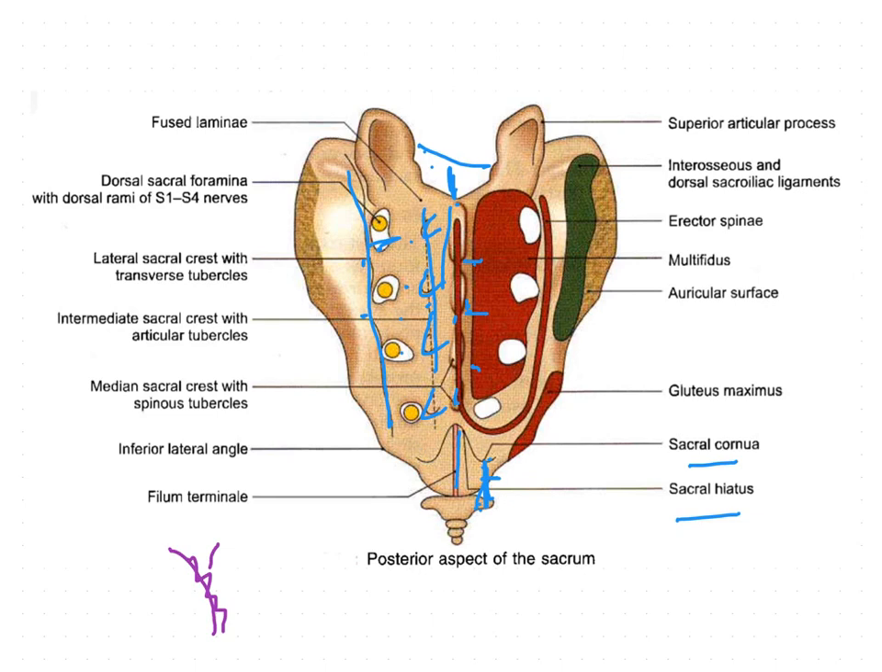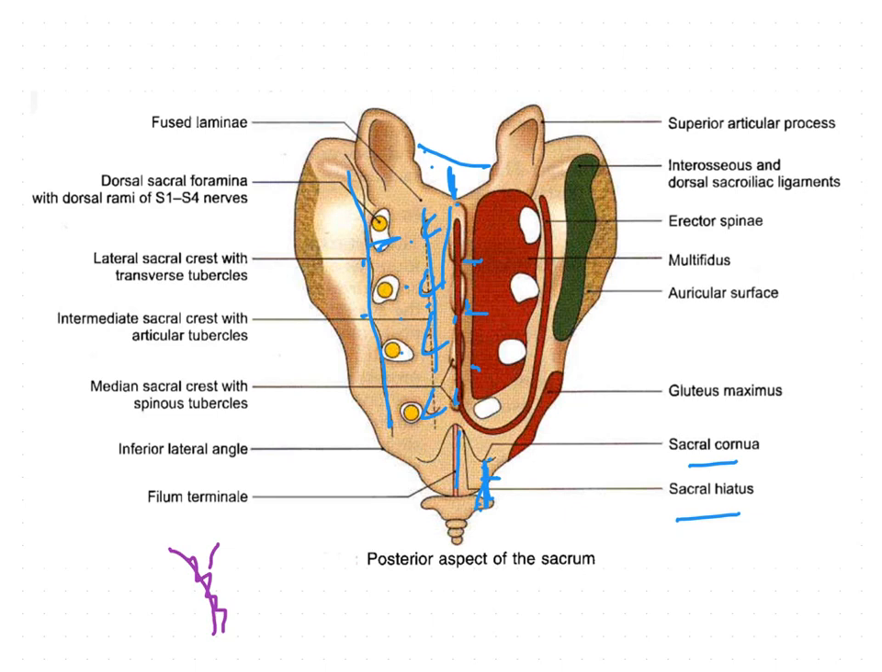It represents the inferior articular processes of the fifth sacral vertebra. So this sacral corona represents the inferior articular processes of the fifth sacral vertebra. Okay. So these are the bony structures which are present on the posterior aspect of the sacrum. And coming to the